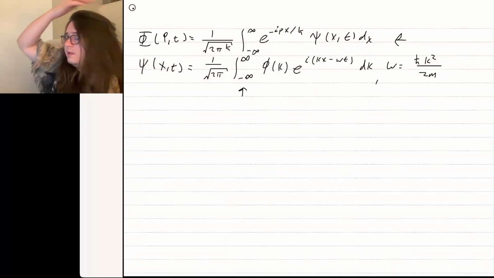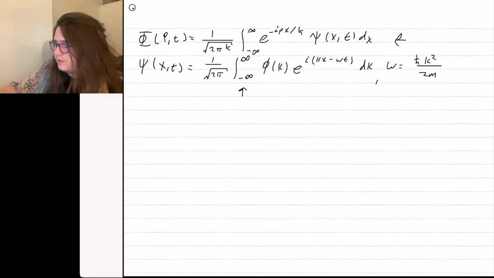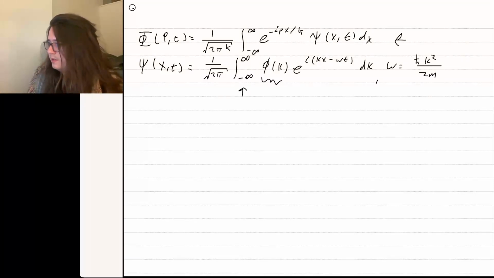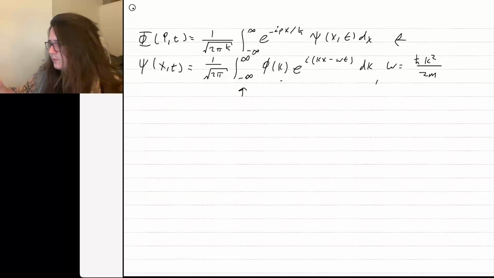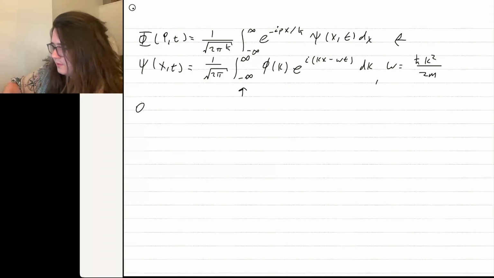And we're told to leave it in terms of this guy, this phi of k, which is just a complex function that is entirely dependent on the initial position space wave function that you're starting with, after you let the particle become a free particle, which is why it's totally fine to leave it in terms of this as we go. So let's just do it. So then the momentum space wave function for the free particle,